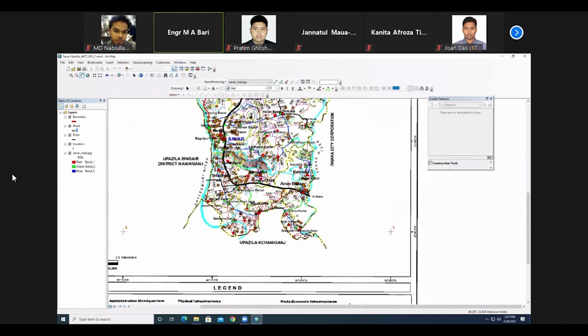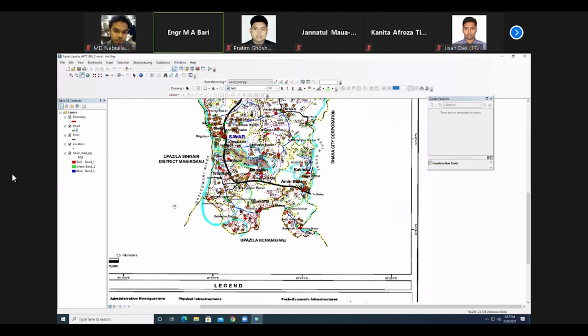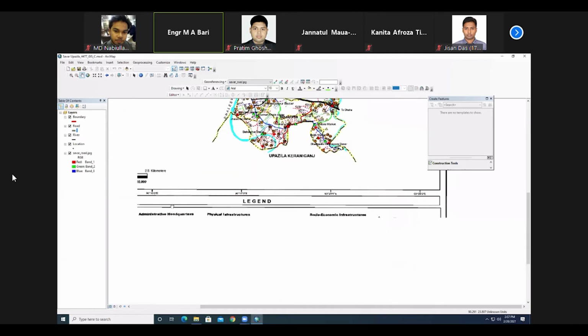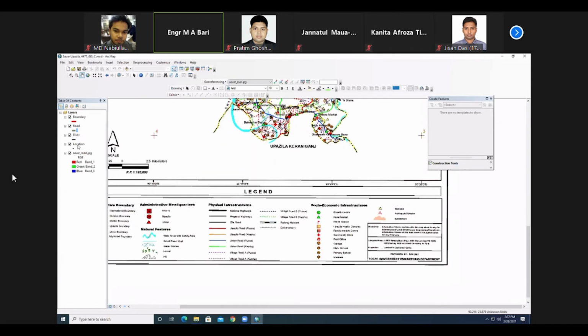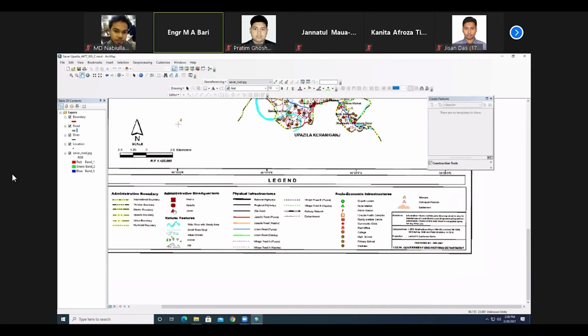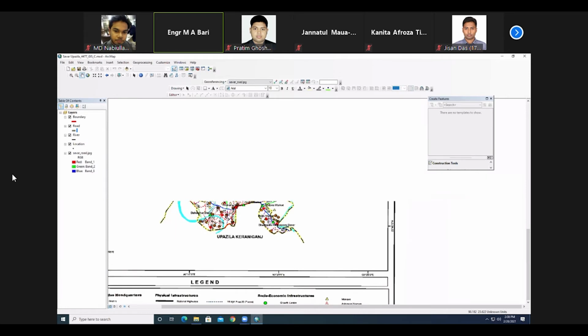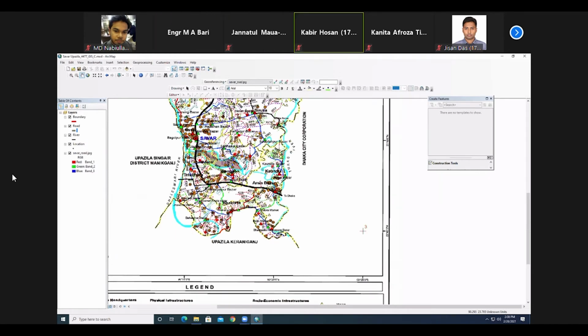And from this administrative location, these three things, because this is inside the location, you will draw all these things. So more or less your symbols are only 50 to 60, not more than that.